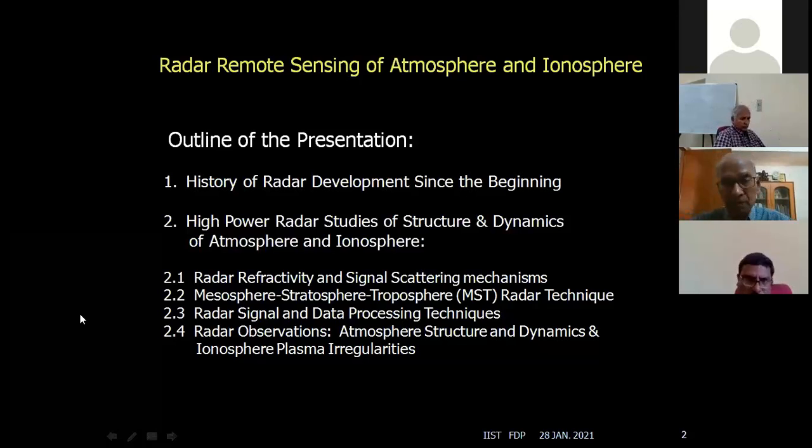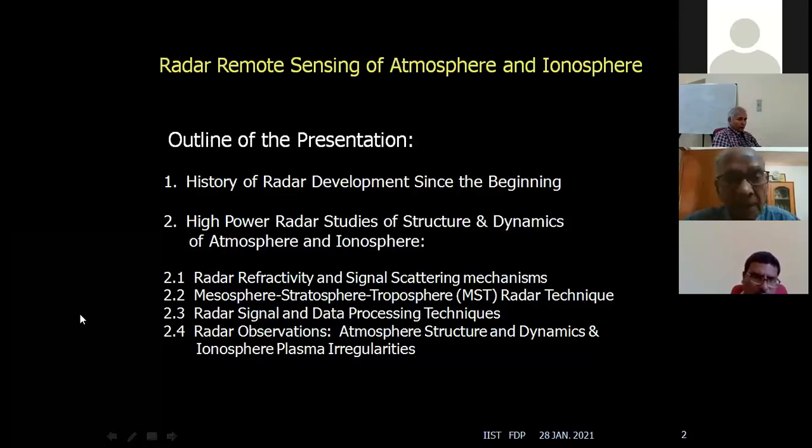Not so recent. Since the 60s, we have come to use high power radars for atmospheric and ionospheric studies, particularly the structure and the dynamics of the middle atmosphere and upper atmosphere. Then under that, how the high power radar works, and the signal scattering mechanisms for the high power radar